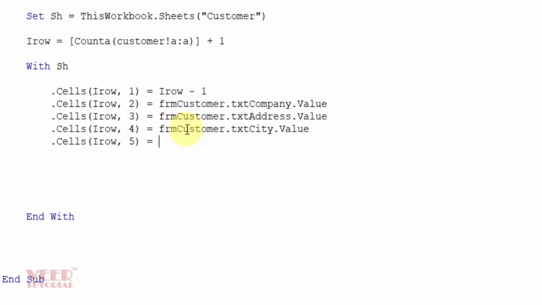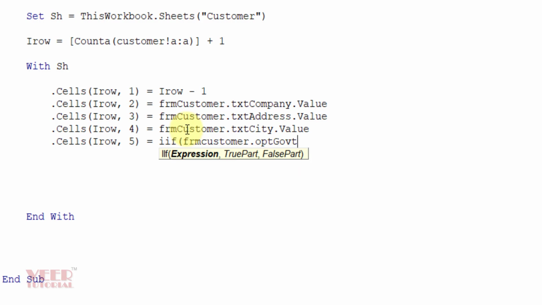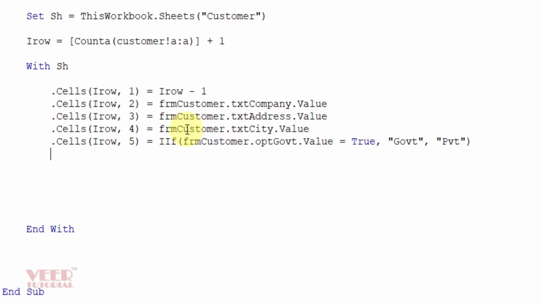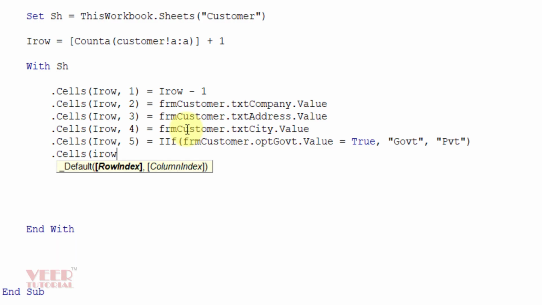But here I will use an if function, and the expression would be: if frmCustomer.optGovernment.Value is true, then it would be Government, otherwise it would be Private. Bracket close, press enter.